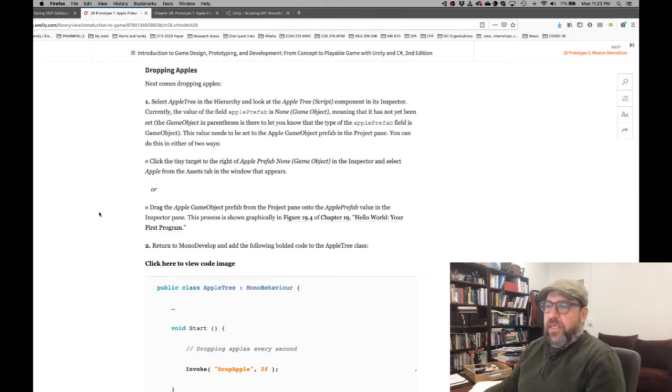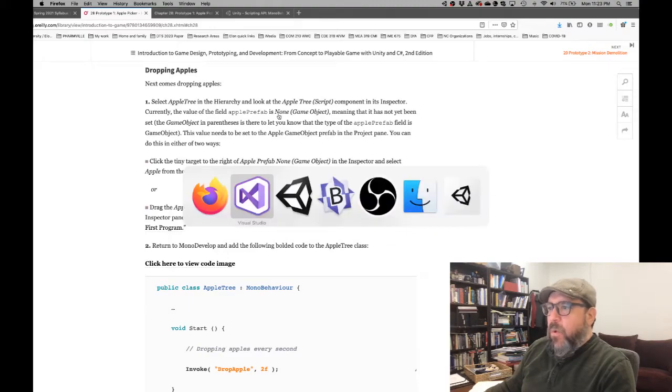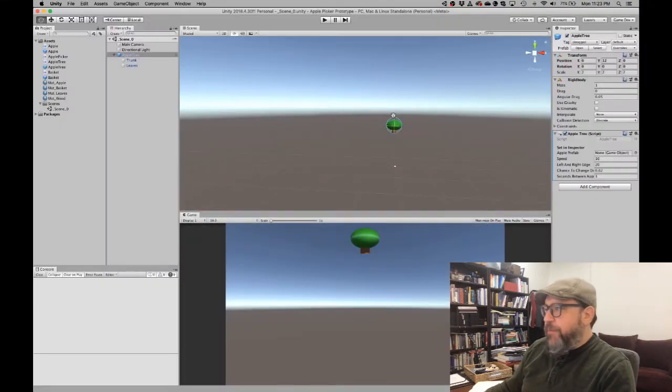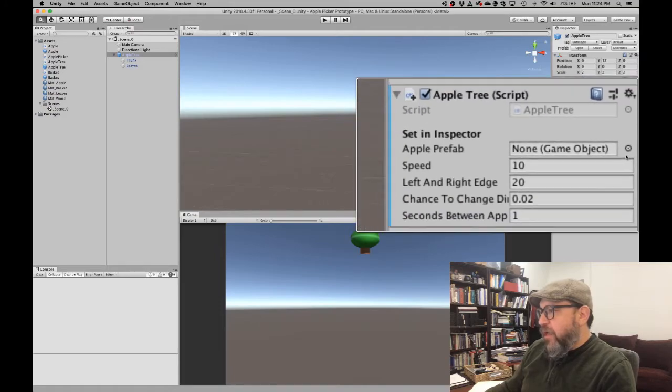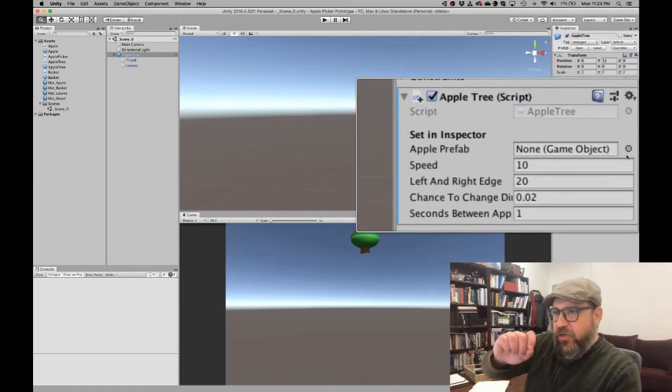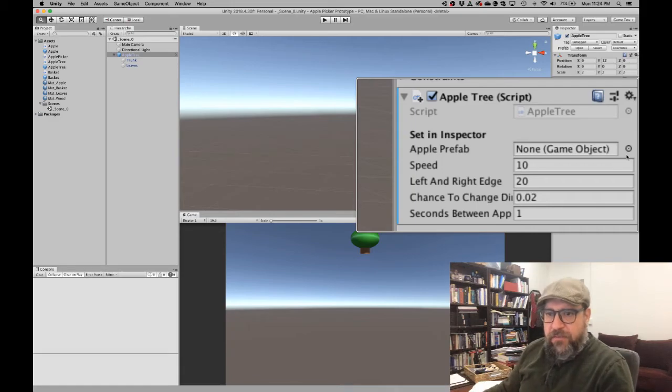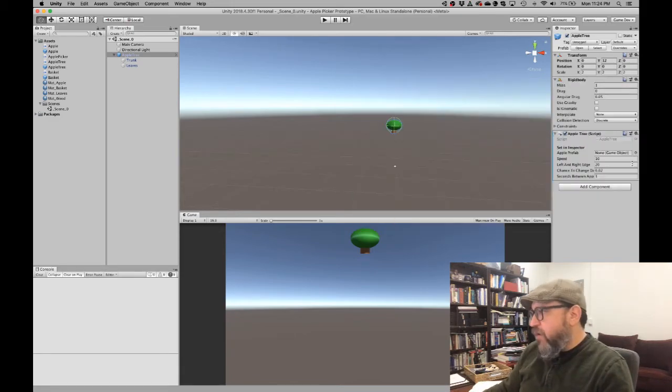Now what we're going to do is set up the scenario to drop some apples. All right. So check this out. We're going to build a relationship between the apple prefab and the apple over here. And you see this little guy over here? I'll zoom in here. See this little guy over here? This is a little pick whip. Pick whip allows you to basically drag and drop over to another aspect of this interface and pick out a little prefab to use. So I'm going to grab this and